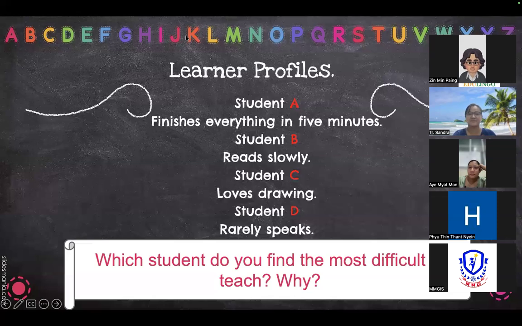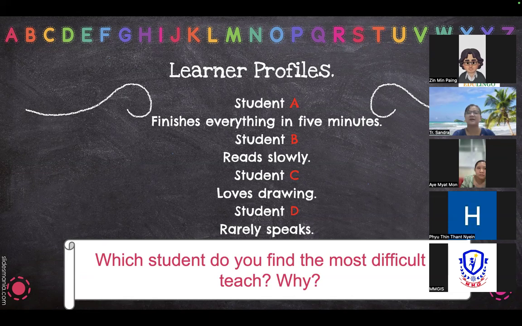it's the class itself that is the most challenging for me rather than the individual students, because we can know the necessity, the needs and the preferences of the individual students. So to meet their requirements individually, it's not that challenging for me personally. But to manage the whole class with different needs and different preferences, it is the most challenging for me. So yeah, that is my perspective, Chair, because we have to adjust and adapt according to their needs,